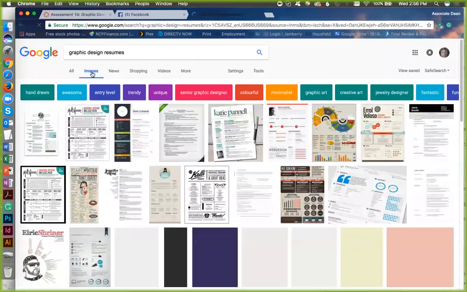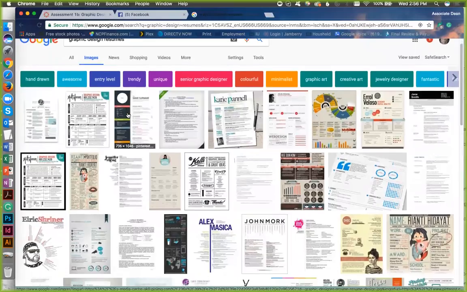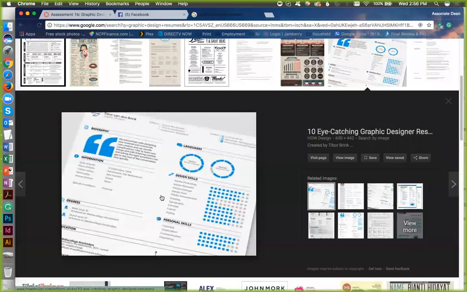Graphic design resumes. Say something like this: Adobe Photoshop, right? But then look at this: Adobe Flash, Adobe Dreamweaver. I mean, you could put it in there, but here's my thought. If you do not have strengths in it, don't put it on there. If it's only a 1 or a 2, I wouldn't even bother. Just don't put it on. Okay?